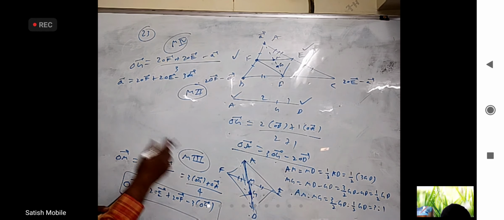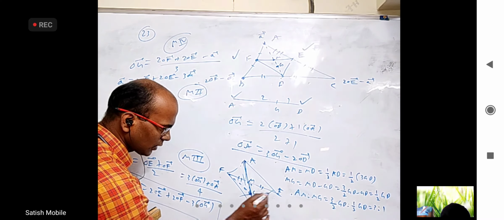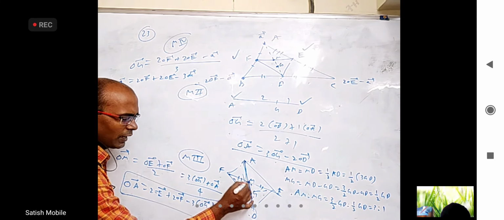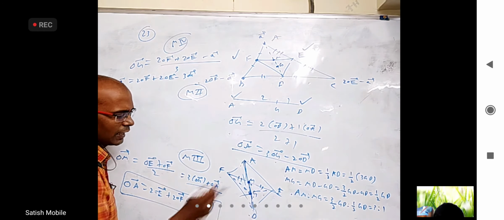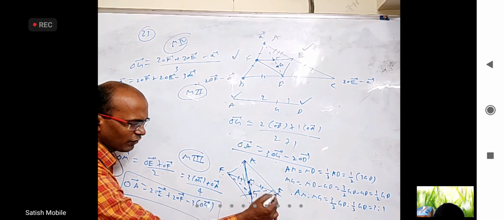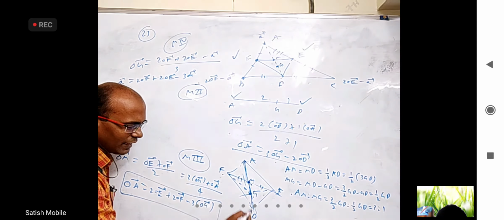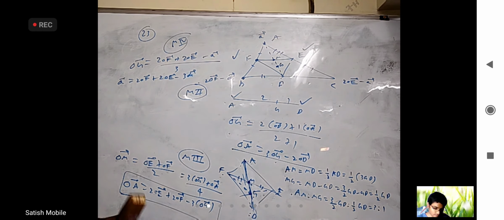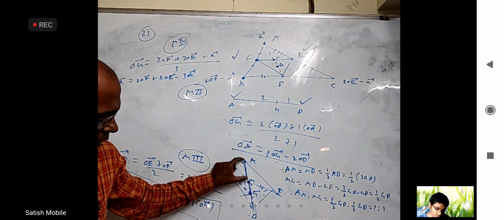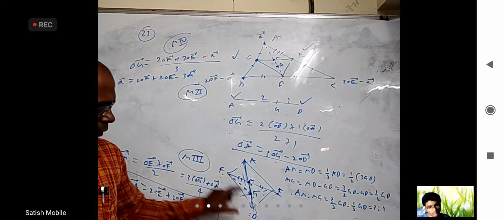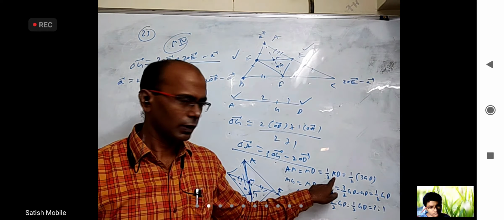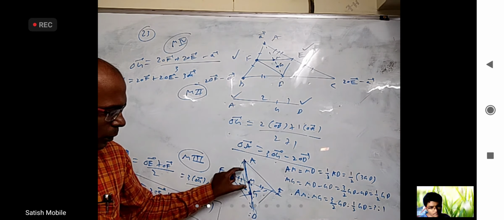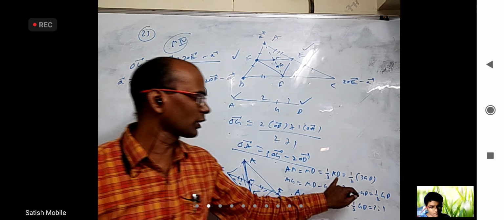Here what I am telling is something else. I am taking this quadrilateral AFGE. This point is actually the point of intersection of the diagonals. This M is the midpoint of F and E. M is the midpoint of AD, but in what ratio is it dividing AG? I just calculated here. AM length and MD length are equal, and both are equal to half of the total AD. But AD is 3 times GD because this is a 2:1 ratio. This is 2 parts and this is 1 part. That's why I wrote AD as 3 times GD.